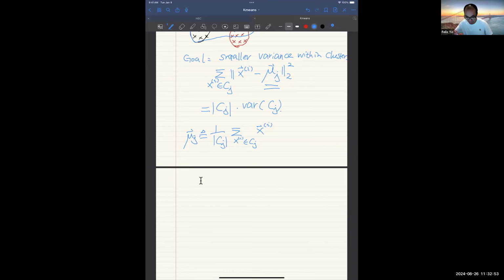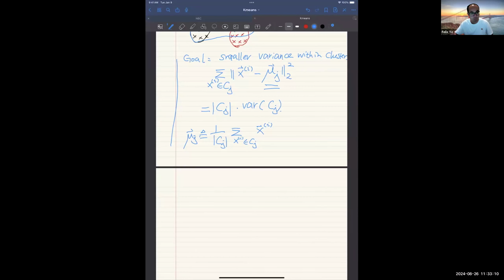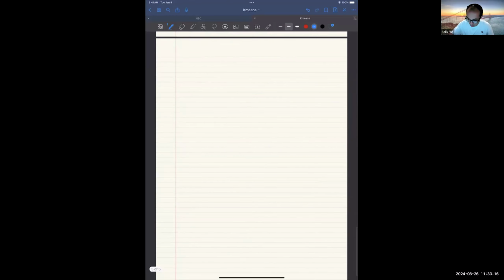So this is a quick overview of what we're trying to do here. Let's be more formalized and see how this actually works out with something very specific, in terms of the K-means algorithm. All right, so in K-means,